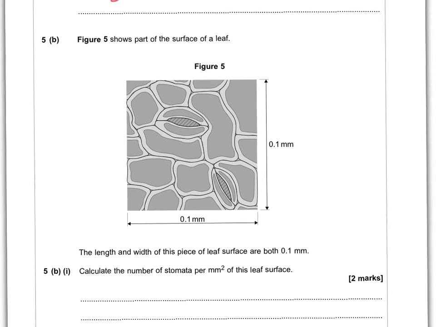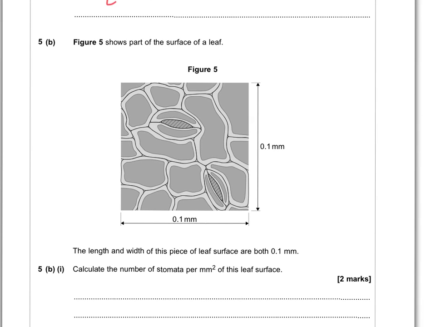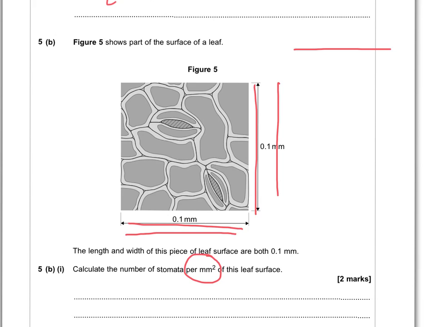Now I know this caused a bit of consternation, this one here. It says figure 5 shows part of the surface of a leaf. The length and width are both 0.1 millimetres. And then it says calculate the number of stomata per square millimetre. So what you need to think is this. If this is 0.1 millimetre, then if we were to scale it up, you would have